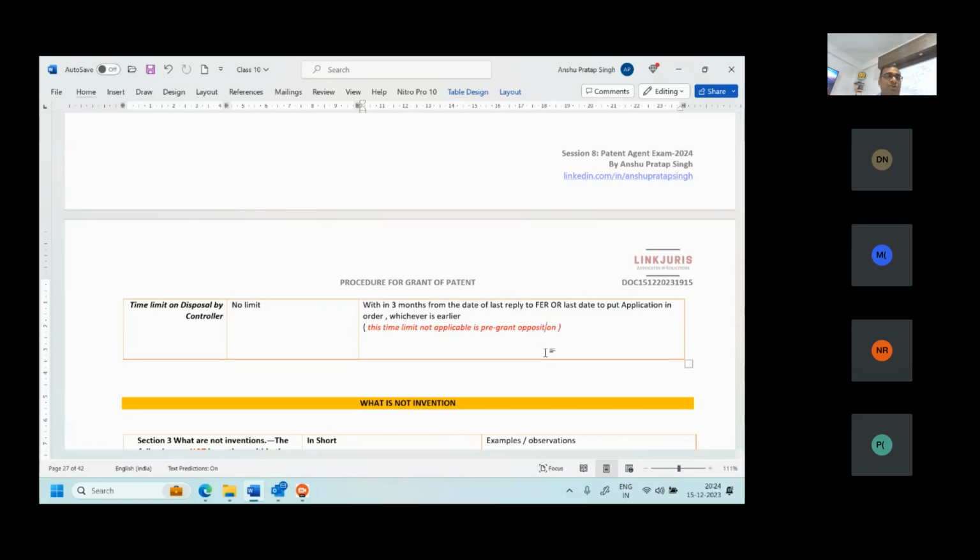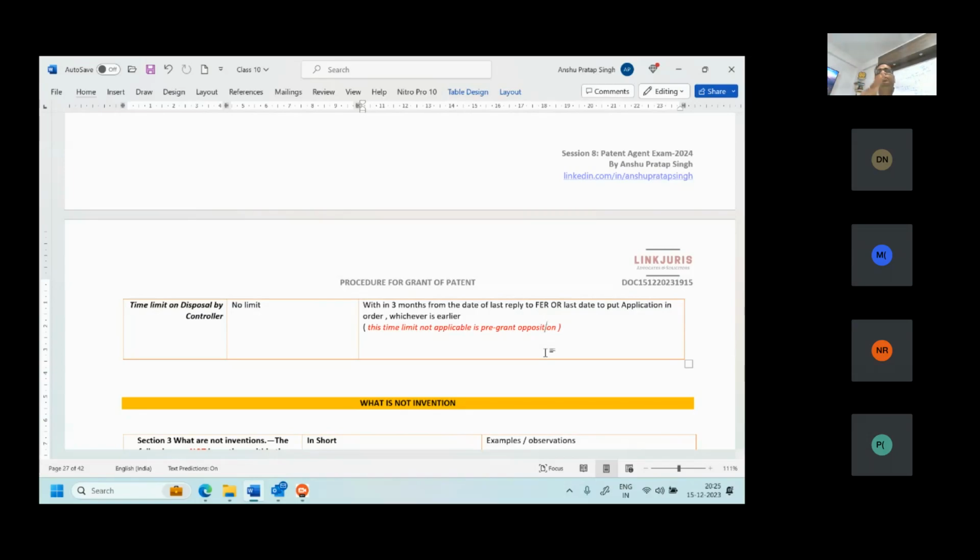So I will stop today here. We have discussed how the application is drafted, how the application is filed. After filing, within 18 months, it is to be published. If you don't request for the publication, it publishes. And if you request for early publication, within 1 month it is published. And after that, we can request for the examination, within 48 months. If we don't do that, it will be considered as withdrawn.